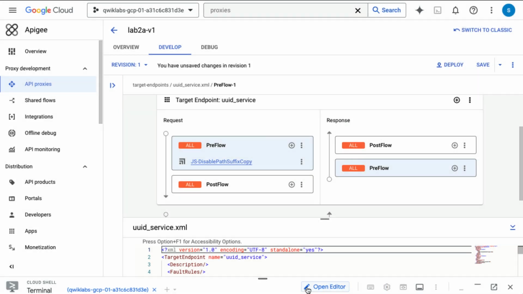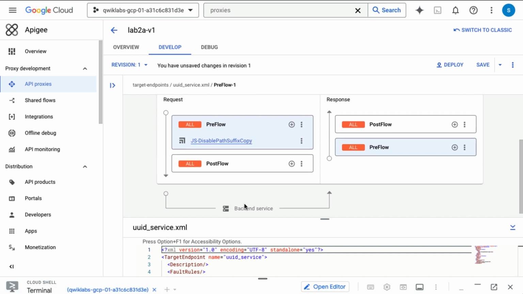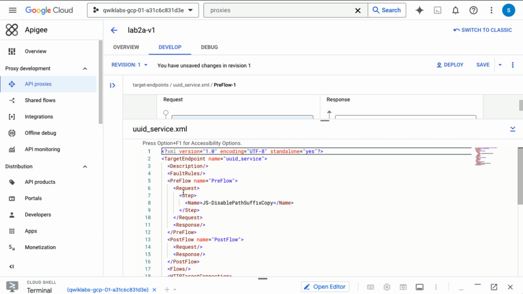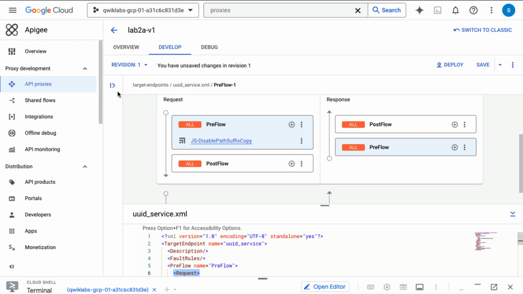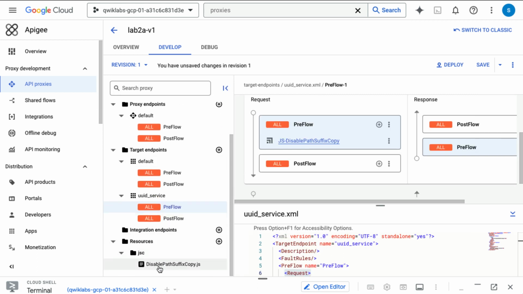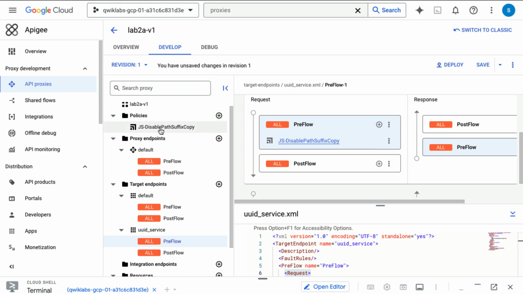And then we add this. So you can see it's here now in the preflow. We can also see it here in the XML. So now the request element, instead of being empty, has a step in it that is called JS path suffix copy. And if we open this up, we can see that we have a resource here called disable path suffix copy.js, and then this policy